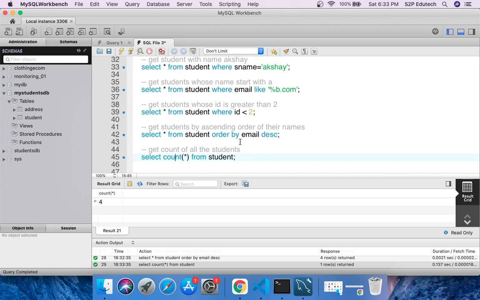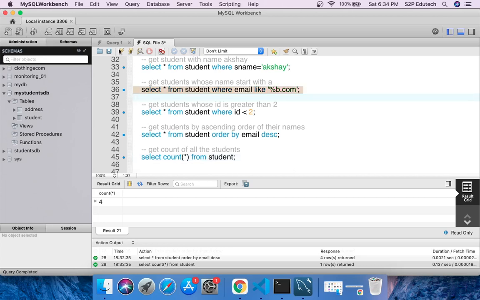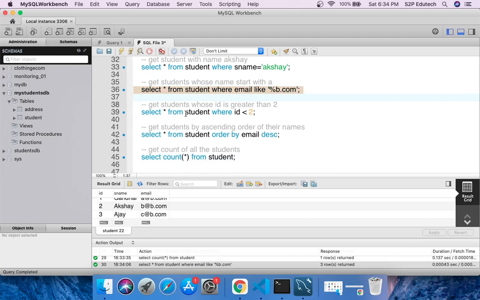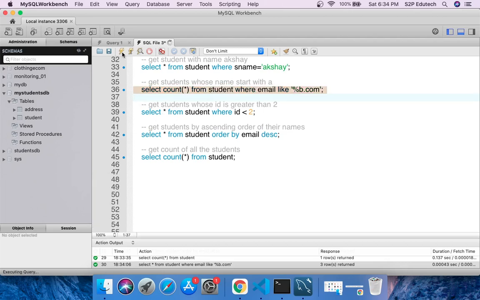Now let's say I am running this query, select star from student where email is like %b.com. I am getting 3 rows here because we have a where clause. To get its count, I can say select count star from student where email is like %b.com.